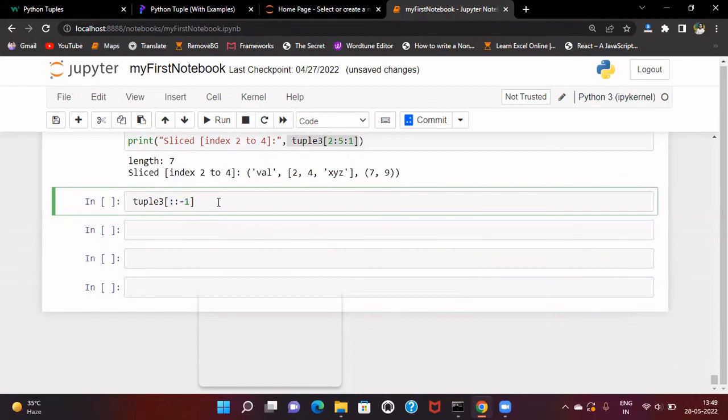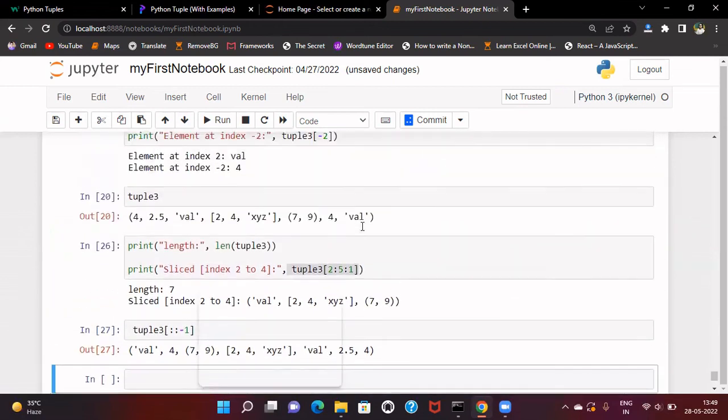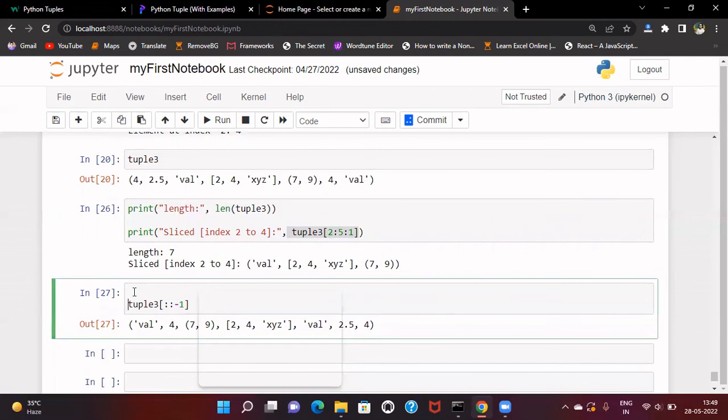So we will use -1. Let us just print both the things. Tuple 3, original,